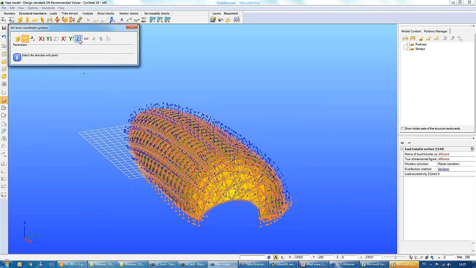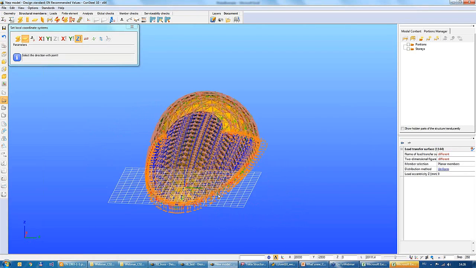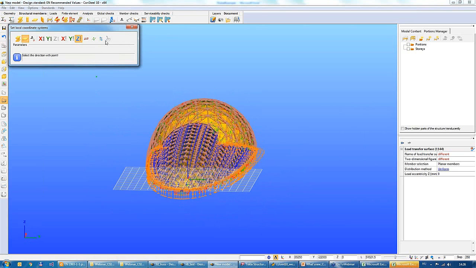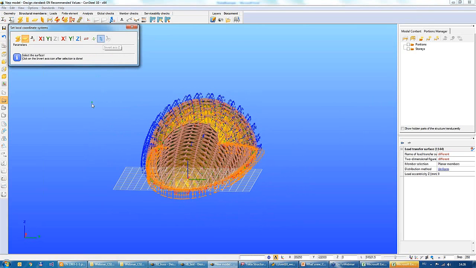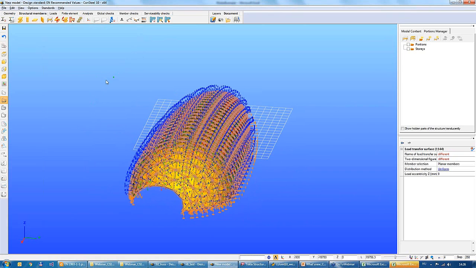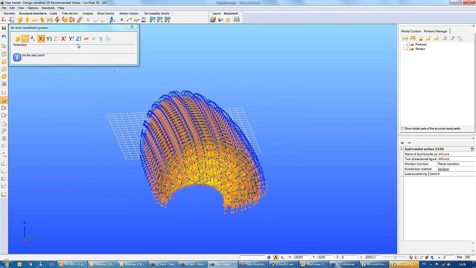If you click on this function, you can define a point where the z-axis should be aligned on the load transfer surfaces. So if you click inside the building, all of the z-axes will be turned inwards the building, and if you click this button here, the invert z-axis, all of them are going to align outwards the building. This was the new function, the set z-axis by a point,